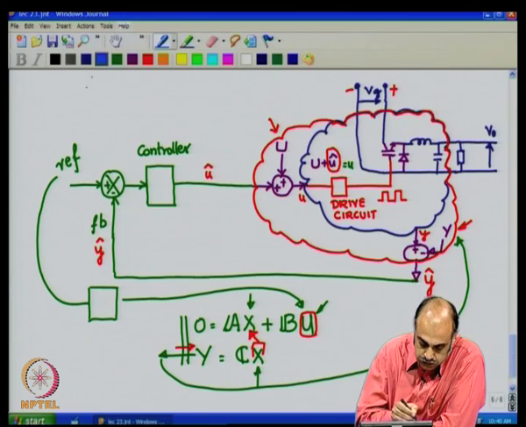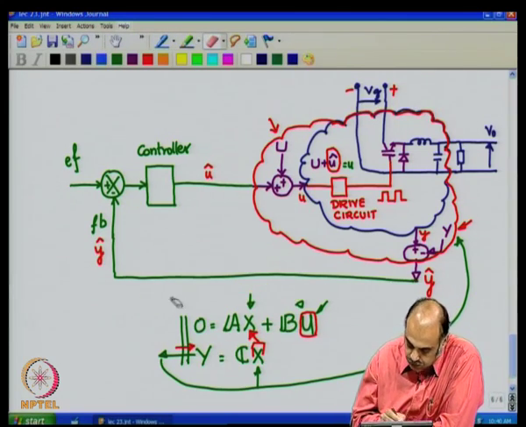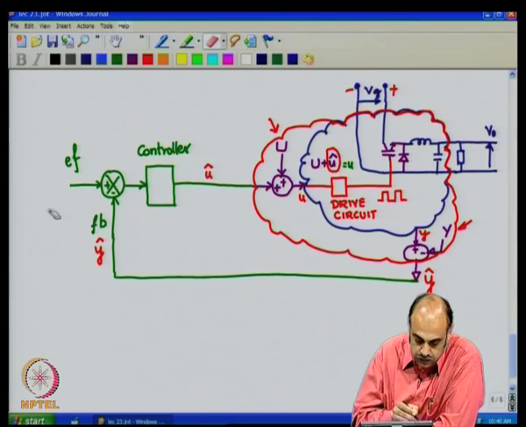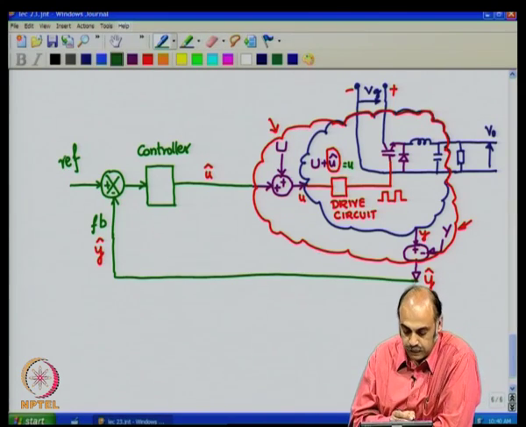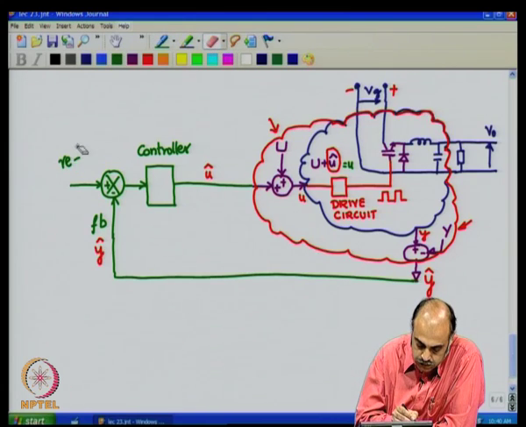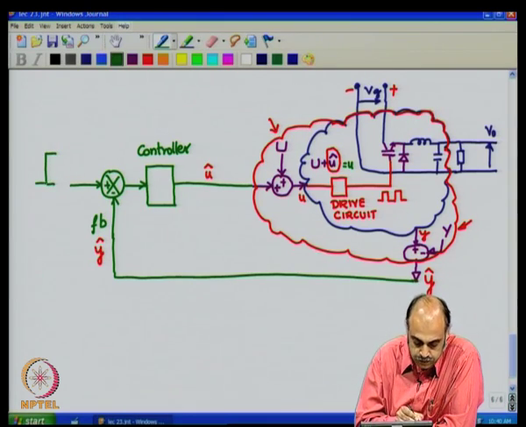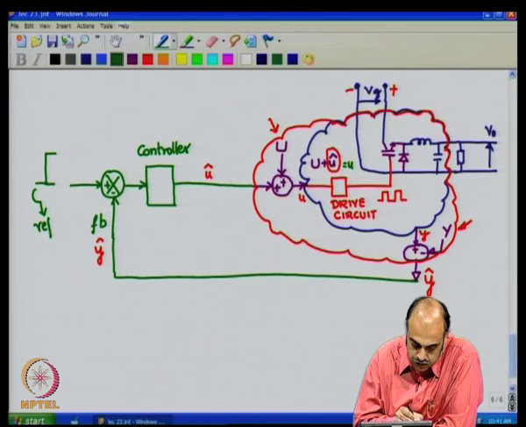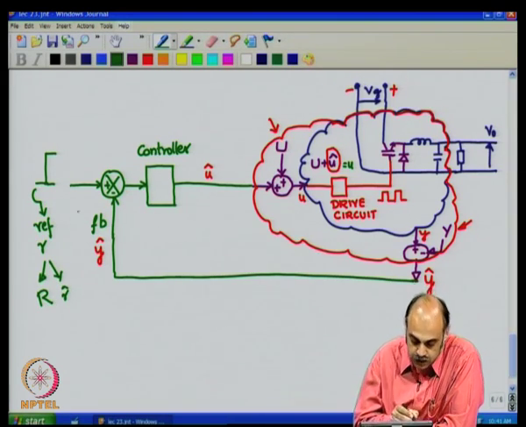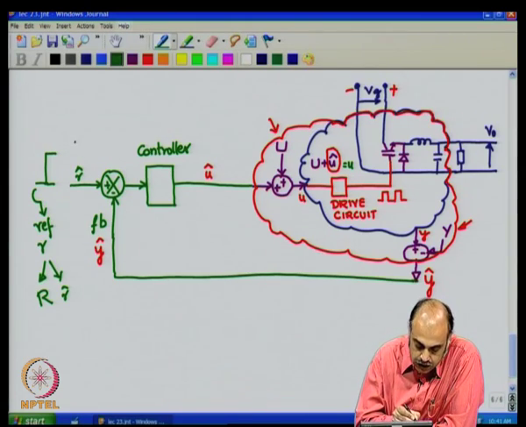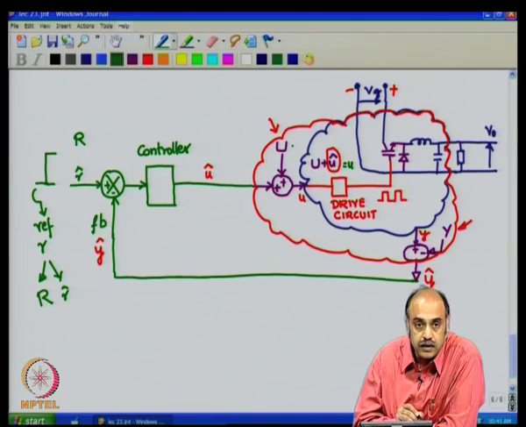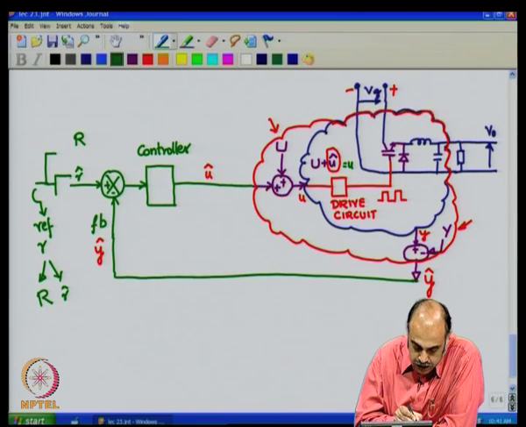So, how do we go about? Let us now complete this. Now, here the reference is split into two parts. So, you will have two parts for the reference, which we will be splitting. So, let us say this is reference R. Now, R itself is having a steady state part and a R hat part. So, R hat should be the reference here, and R is what should go directly to the steady state part. So, there should be something here,